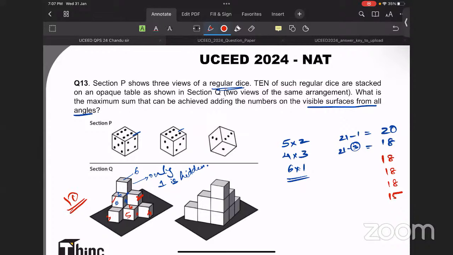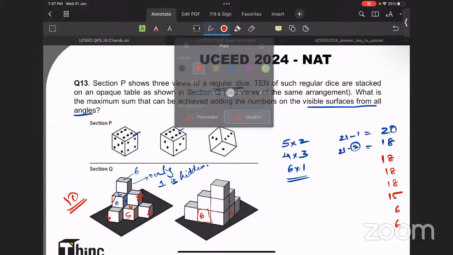So on the rear side, this is the only one surface visible for this particular one. So 6. Okay, so I will take those 6s here. The next one